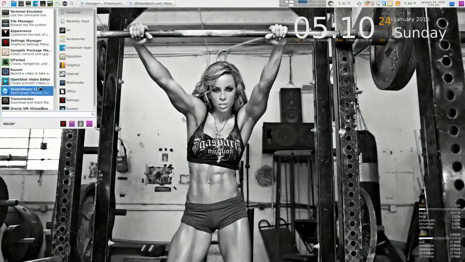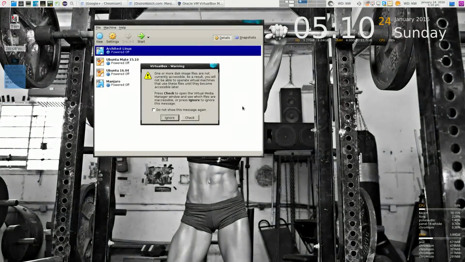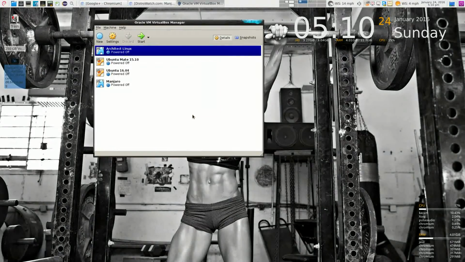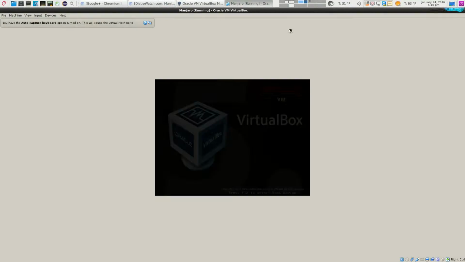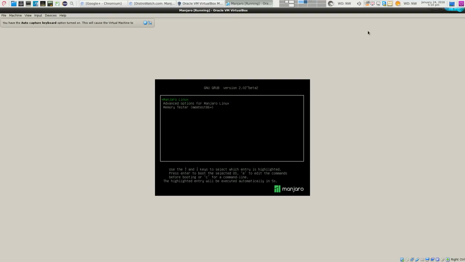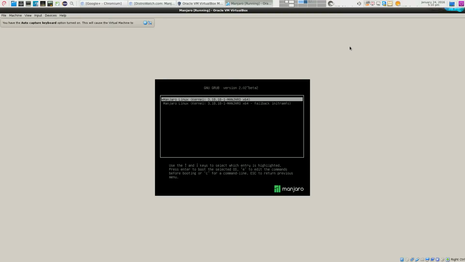So I'm gonna open up my VirtualBox, and since I already got it installed right over here, it's gonna start it up. And that's the grub menu here. And let's take a look at the kernel. It's running 3.18.18-1 Manjaro for 64-bit or x64. But I will show you how to update it to the latest kernel, or use the one that's stable. So I'll show you guys somewhere in this review.